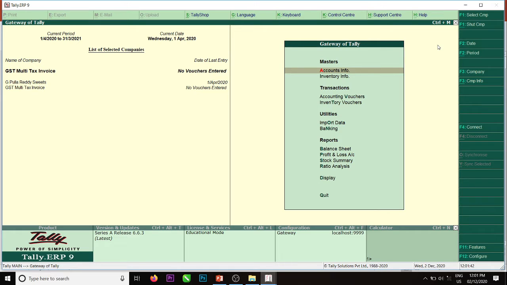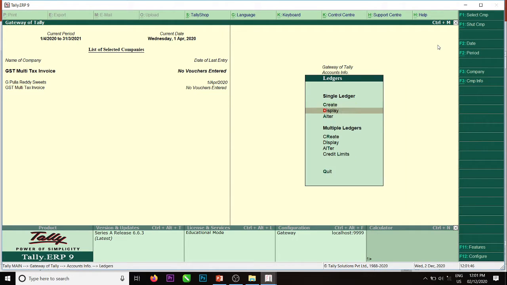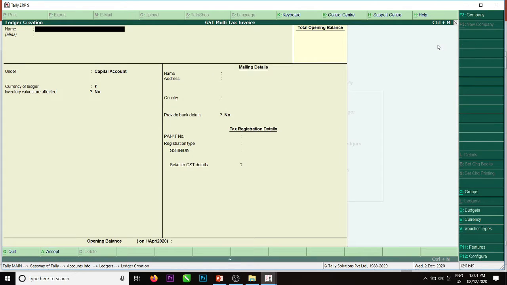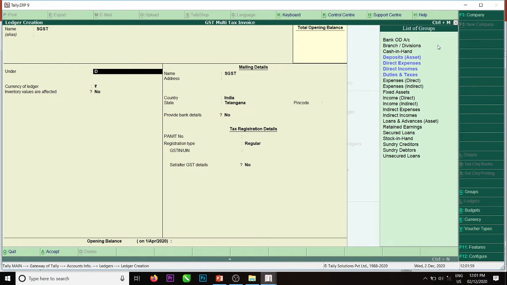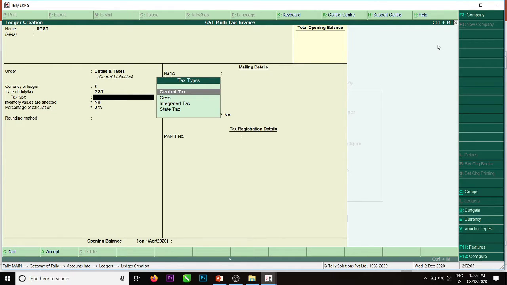Now we will create ledgers. Accounts info, ledgers, create. So we create two ledgers, SGST, state government GST, duties and taxes, GST, state tax.